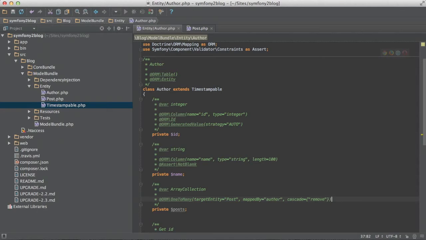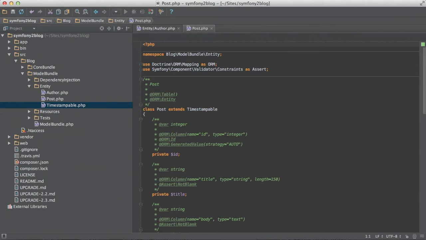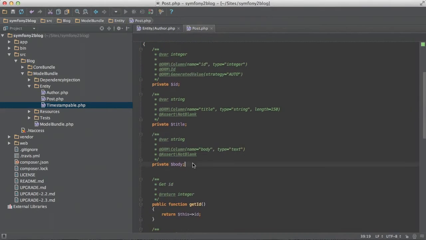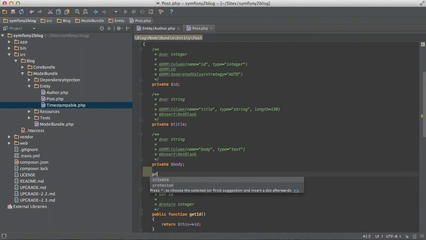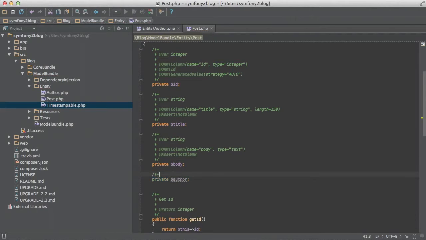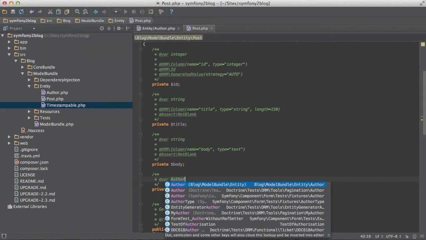The cascade option means that when an entity is deleted, I mean when a record is deleted, its related registries in the other table will be deleted as well. For Post, we'll do exactly the same. Below, we'll add a private field that will be author. And as a comment, we'll add the properties. It will be an author,